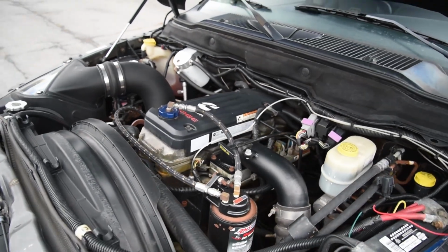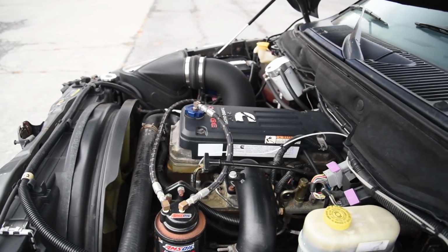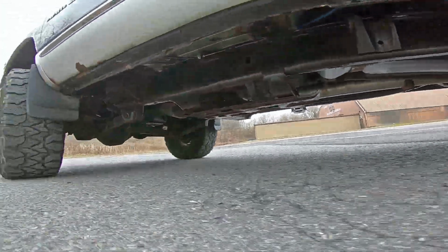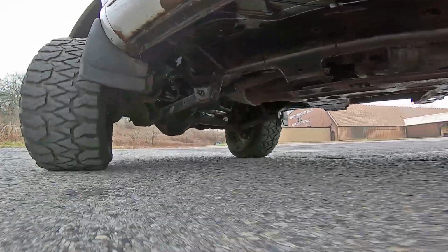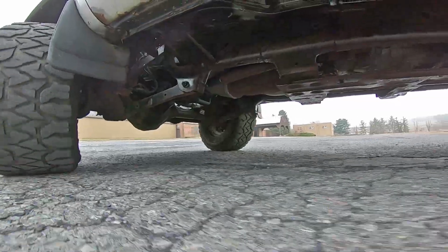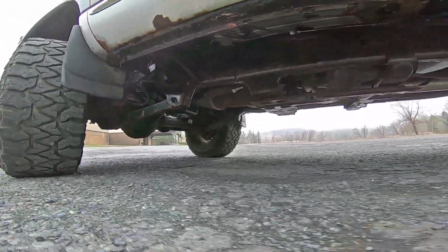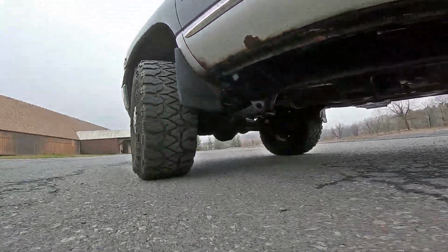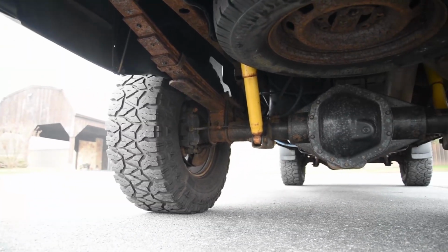Thurn Fabrication track bar for suspension, along with updated 4th generation steering to eliminate the death wobble from tire wear and bad bushings. But from what I've read, that is a band-aid on a broken arm, because the real cause of death wobble is all the bad bushings. The thing about the death wobble, also seen in almost every single Jeep product with solid axles, is that when one bushing starts to go, it affects the next one that's good, and then they're both bad, and then the next one goes, and the next one goes,